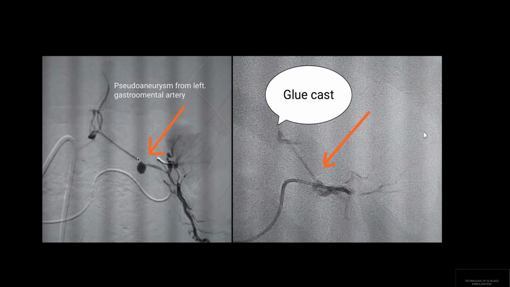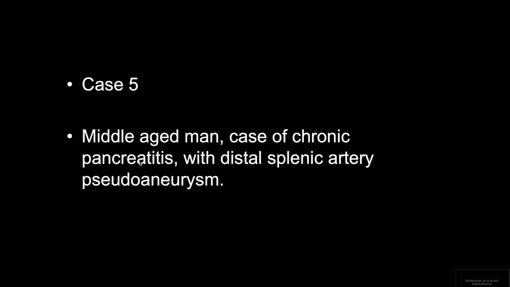So you have to remember that the glue also has to reach the distal point of the feeding vessel of the pseudoaneurysm, so that there should not be any filling from the collateral backwards. And CT demonstrating the pseudoaneurysm nicely obliterated by glue, and some non-target embolization of the few splenic branches. So this is the pre and this is the post. Glue cast completely obliterating the pseudoaneurysm. So glue is helpful in such cases.